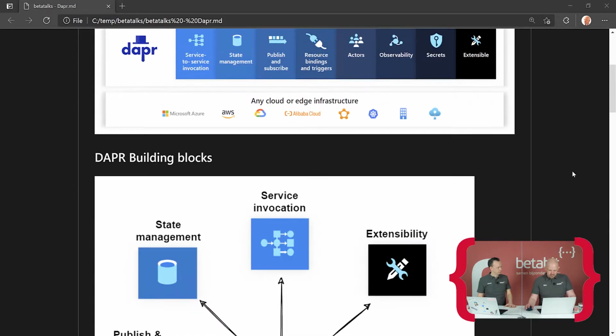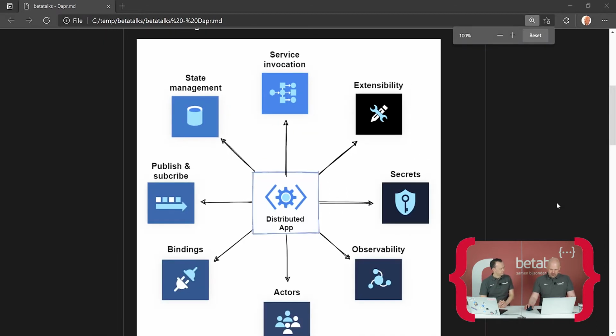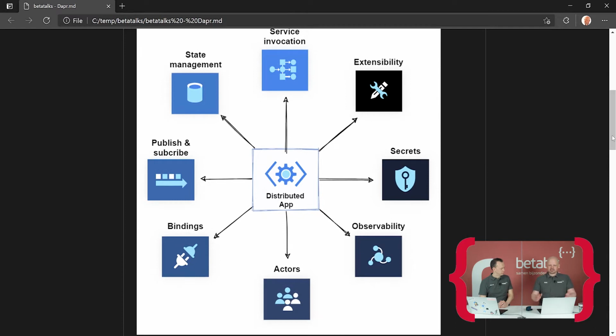Also, the cool thing is, it does a lot of stuff for you. If we scroll down a bit, we can see the building blocks that are available. I'm going to zoom out just a little bit: service invocation, extensibility, state management. For instance, if you run Dapr out of the box, it uses Docker for some of these building blocks. With state management, Dapr gives you an endpoint where you can store and get state, and by default that runs on Redis. But the cool thing is your endpoint never changes